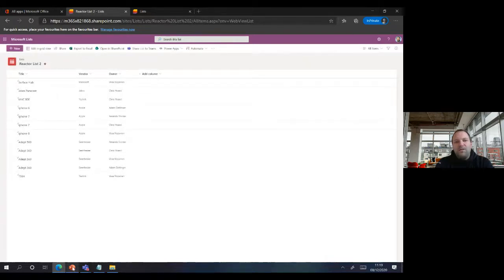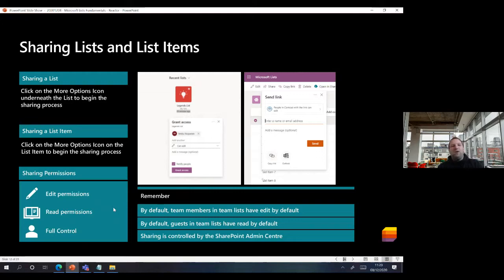So some things to bear in mind about sharing. You get edit, read, or full control permissions, whether on a list or list items. Why would we share a list item as opposed to sharing a list? Well, we could have sensitive lists inside our organization, or we want to share with multiple external users